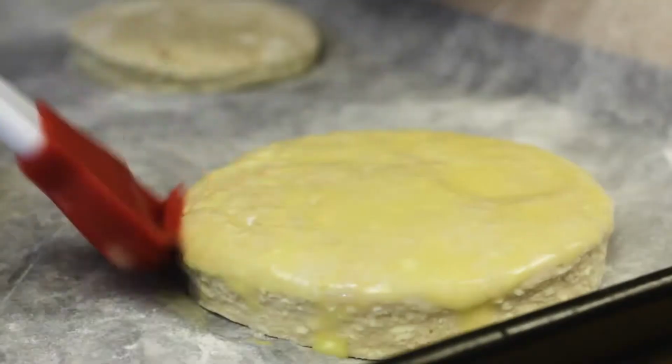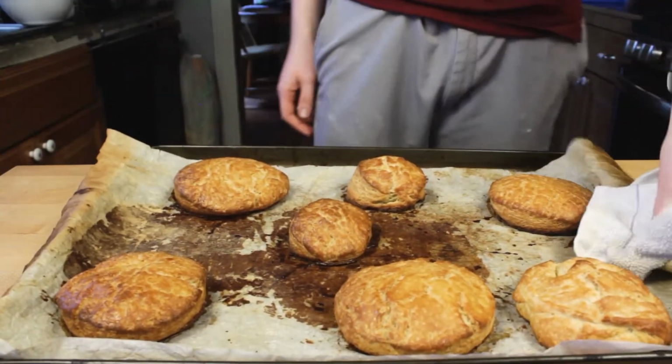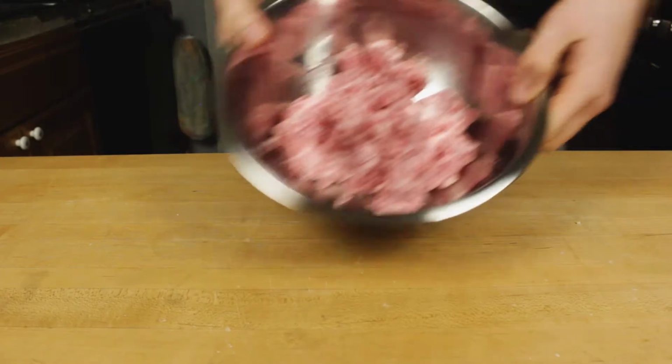And just make sure you're getting everything, even the edges. And after everything's been well moistened, into the oven it'll go for about 20 to 25 minutes, or until nicely golden brown on the outside, like this. And just to do an extra flexing on your friends, give that thing a good rub down with some extra